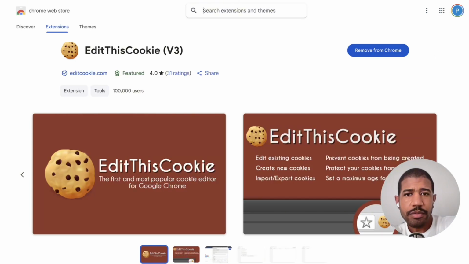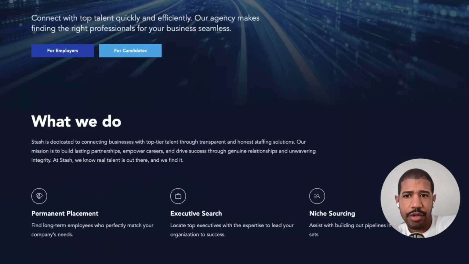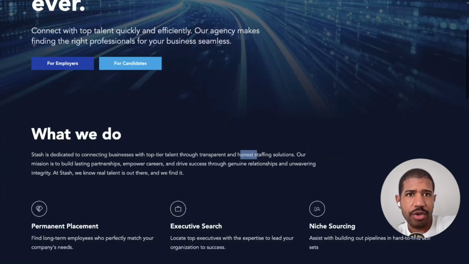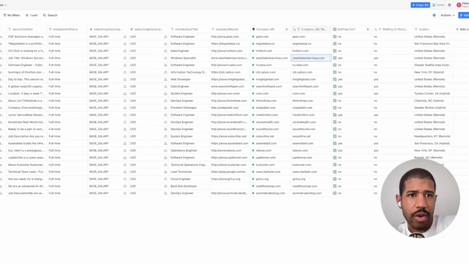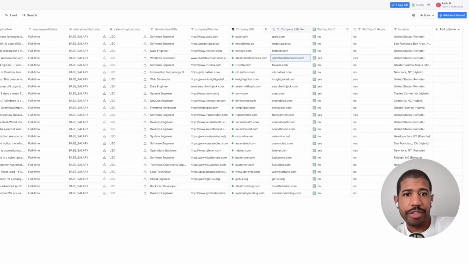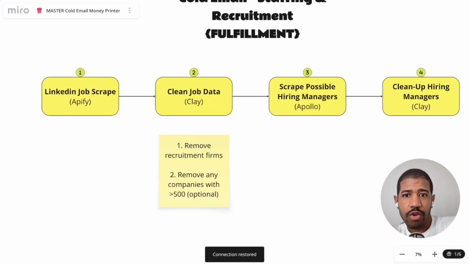And you can clearly see that this is a talent sourcing company, i.e. a staffing and recruitment firm, right? Honest Staffing Solutions, permanent placement, executive search, niche sourcing. So staffing and recruitment firm. And I've run this prompt and refined it enough to trust it rather well. So we've now pinpointed which of these jobs were posted by staffing firms and which of these jobs were posted by the actual company. So now what we want to do is remove any of the recruitment firms, remove any